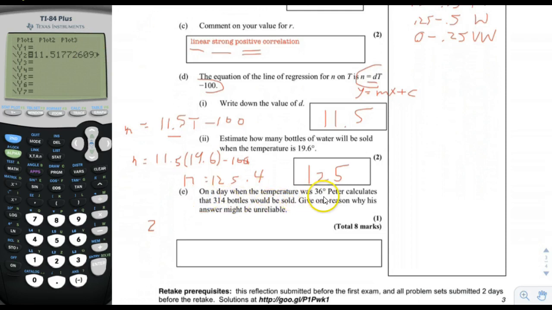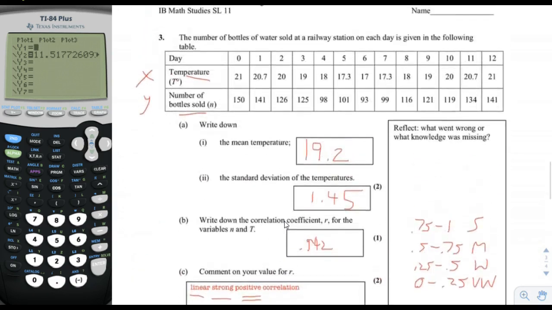On the day when the temperature was 36 degrees, Peter calculates that 314 bottles would be sold, using this equation, of course. Give one reason why his answer might be unreliable. Well, remember in the previous problem, we talked about where the data cluster is. And in this case, the data cluster ranges from about, let's see, the low value looks like it's around 17. The high value looks like it's around 21. Okay, so between 17 and 21, we have a lot of data. But what about 36 degrees? 36 degrees is way out of our data cluster. And so it's hard to be sure whether or not it's going to be linear